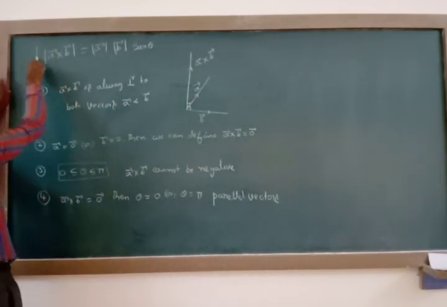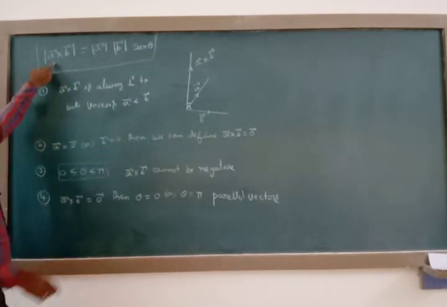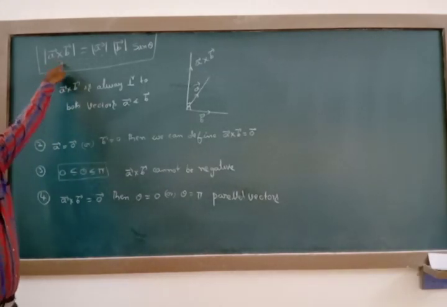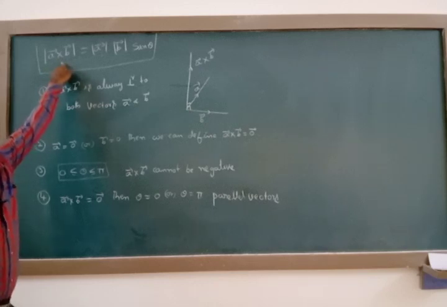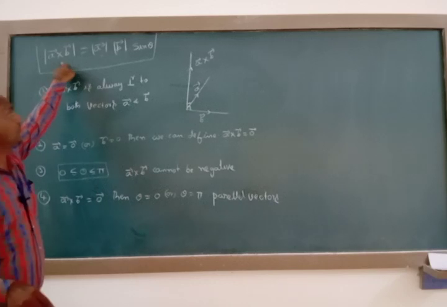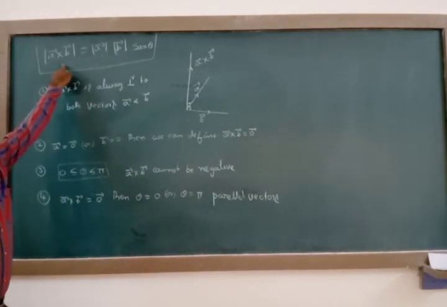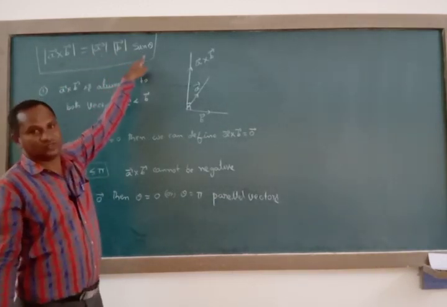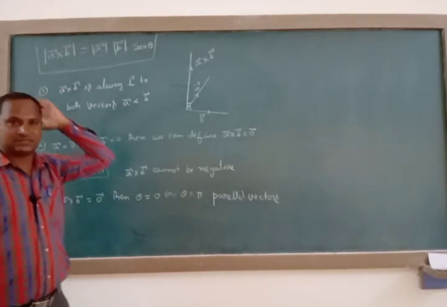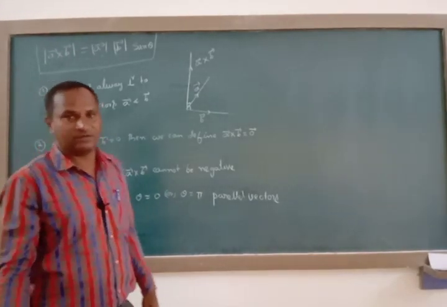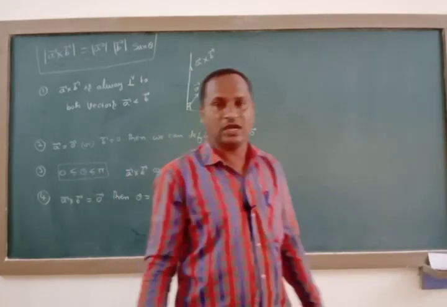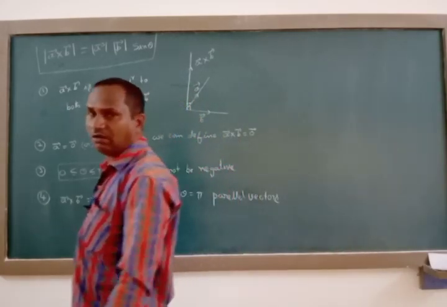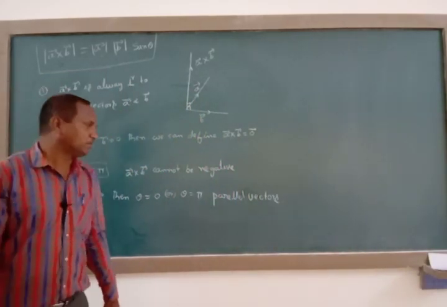From this definition we can easily tell, if this vector is a null vector, then its magnitude value is 0. Otherwise, sending this to the other side, 0 divided by some finite value is 0. Then sin theta is equal to 0. Sin theta is equal to 0 for 0 degree, and one more angle, pi, also will come. Whenever the angle between the two vectors is 0 degree or 180 degree, then we can say they are parallel vectors.